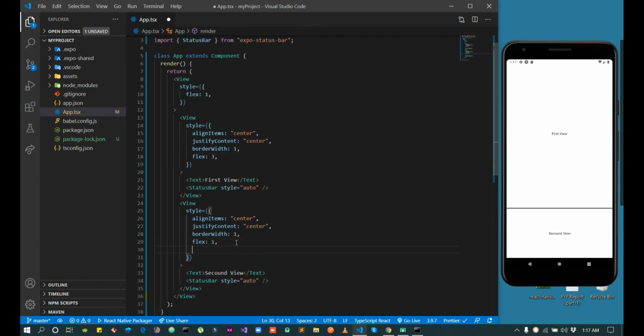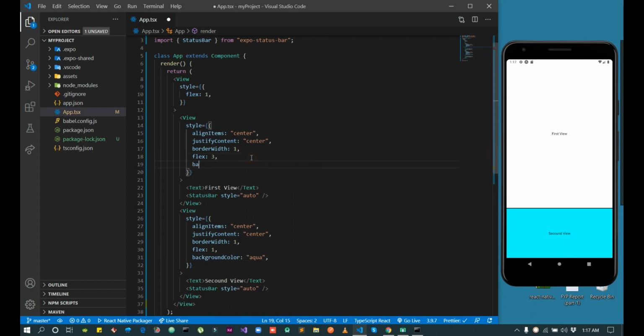We can check it if we use a background color. Here you can see it's using this, and I will use the background color pink.